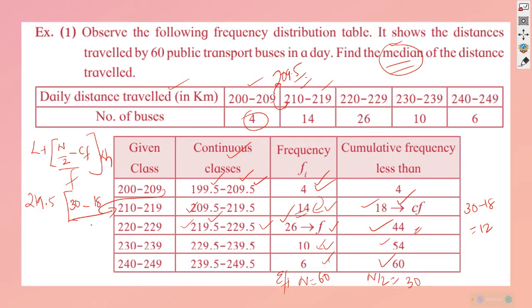And we also have the frequency of the median class, which is equal to 26 in this case, and thereby we can close the bracket, and what is remaining is the class interval, 10. If you solve this, you will be getting the answer, and the answer when calculated happens to be 224.12,